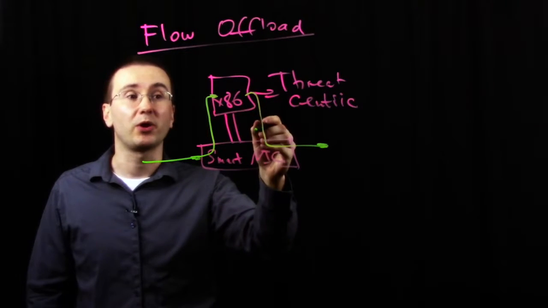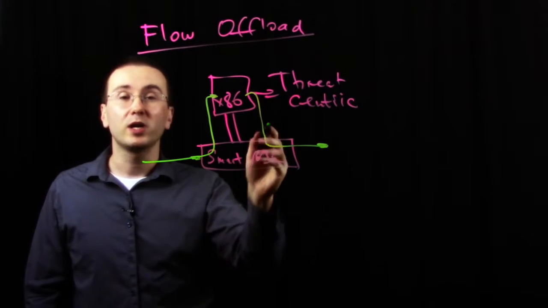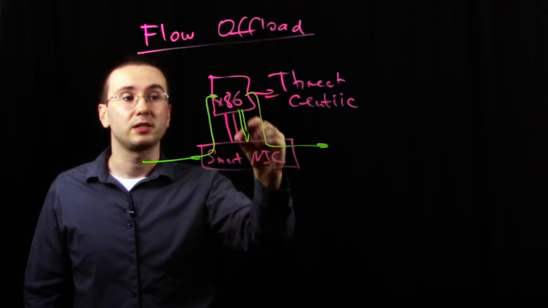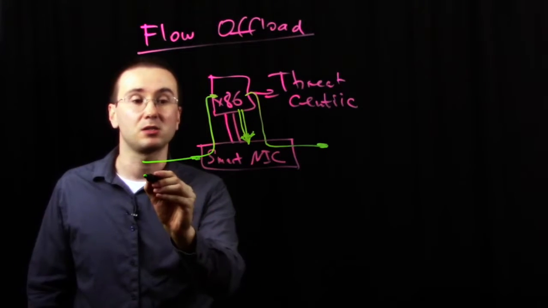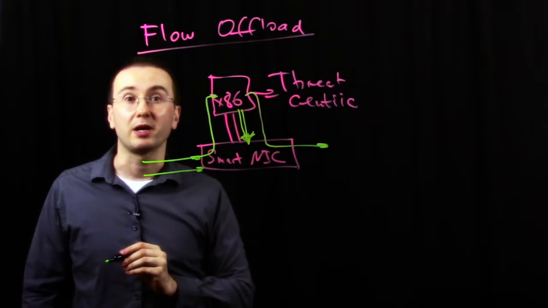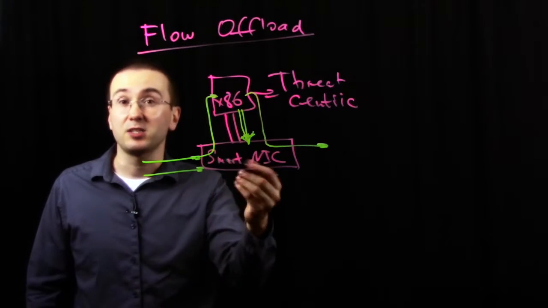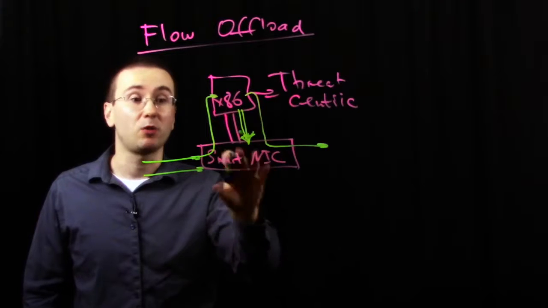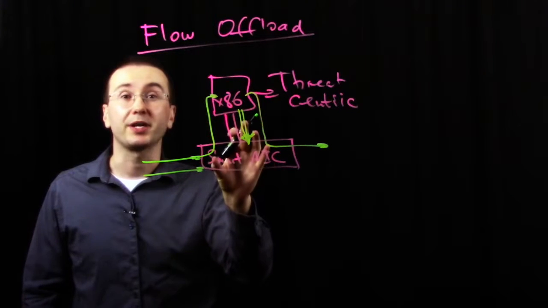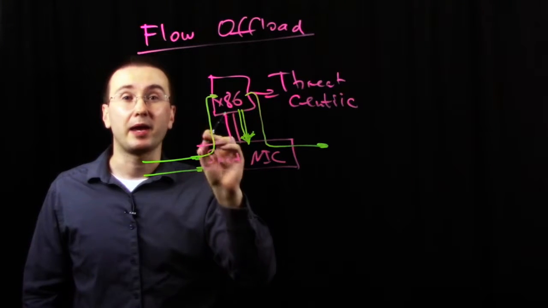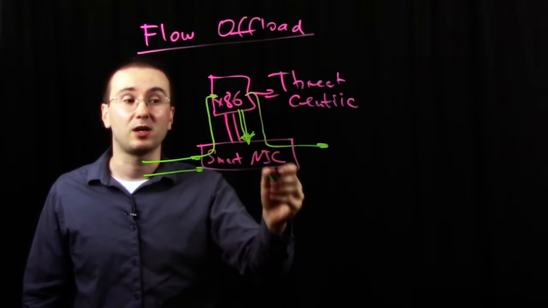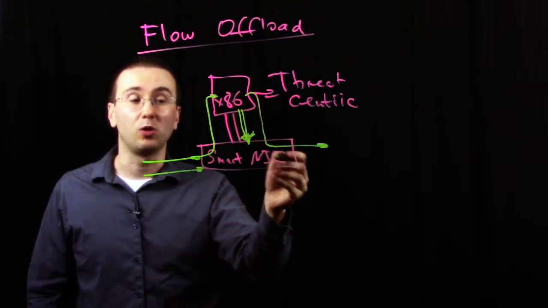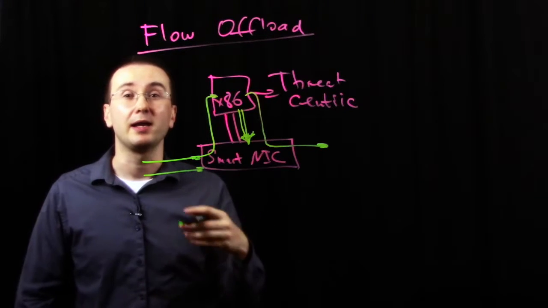So it will tell the SmartNIC, hey, you can now process that connection in hardware. So when the next packet comes into the SmartNIC for this particular connection, the classifier is going to find a match. It's going to say, well, hey, the x86 complex told me that I can offload the processing of this connection into hardware. So it has this hardware module which will locally process this connection. And the cool thing